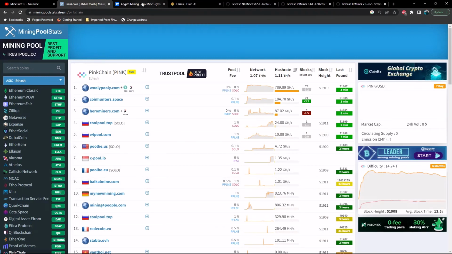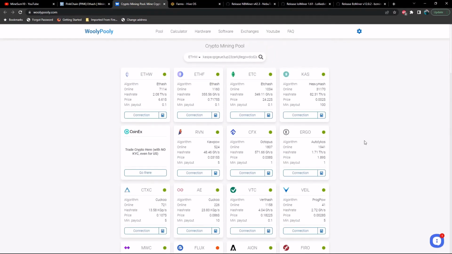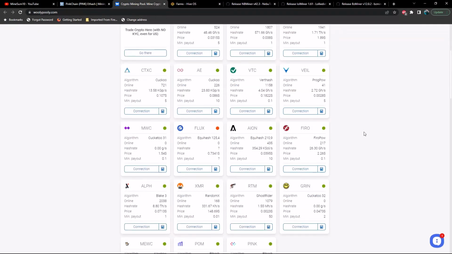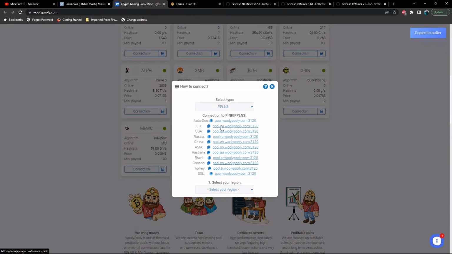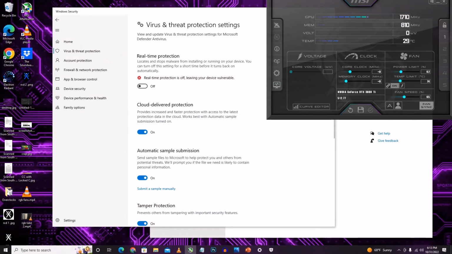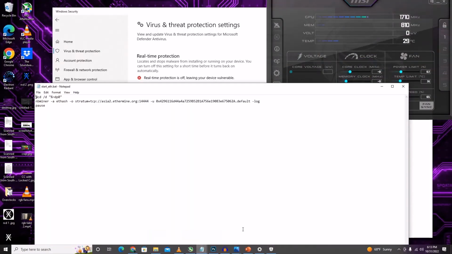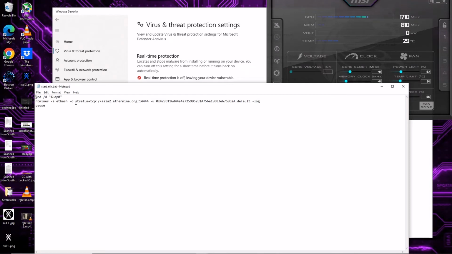So once you pull up Woolly Pulley, it's going to look like this, and you're going to scroll down to the bottom and you're going to find Pink, and you're going to select connection. Once you do that, you're going to get a list of different pool stratums to use, and depending on your geographical location, that's going to determine which one of these pools you want to use. So if you just simply select the one that is appropriate for you, it's going to copy it to your clipboard. Then you're going to go back to your bat file, and you're going to